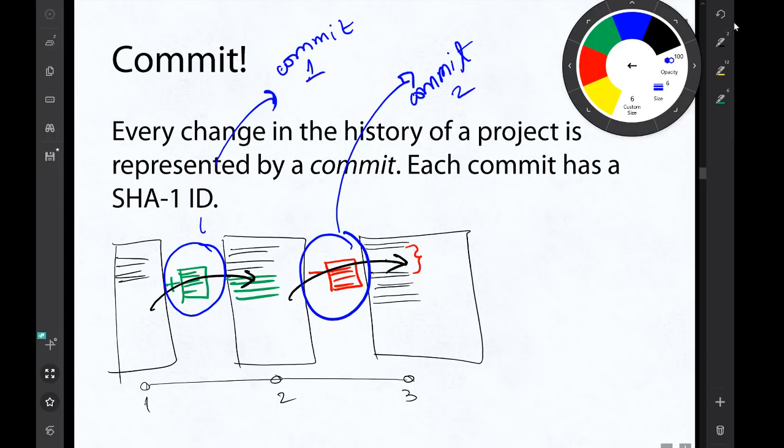Okay, so these are what commits are. The changes that you make to your file when you go from one state to another state, that is called commit. And this example shows you one file, but actually Git can track changes across the entire folder in all